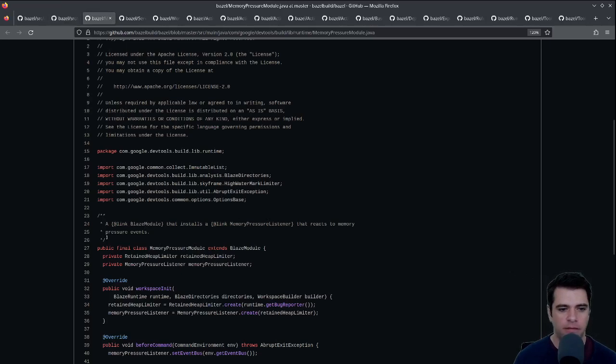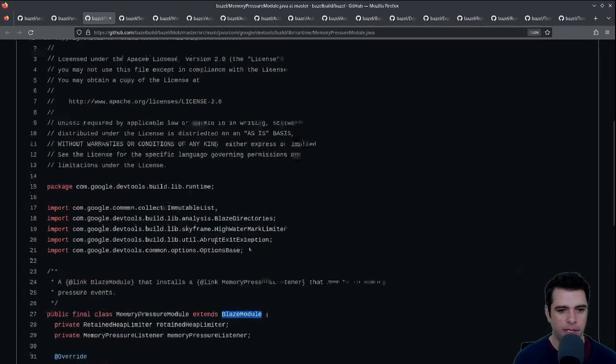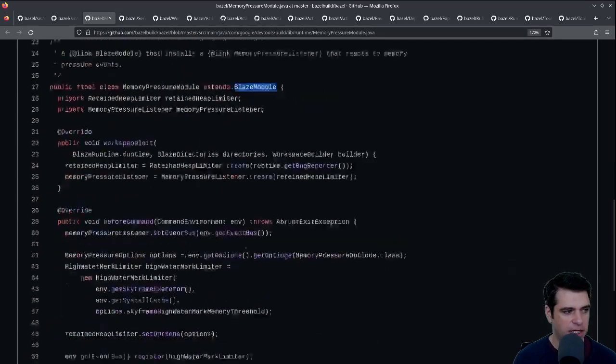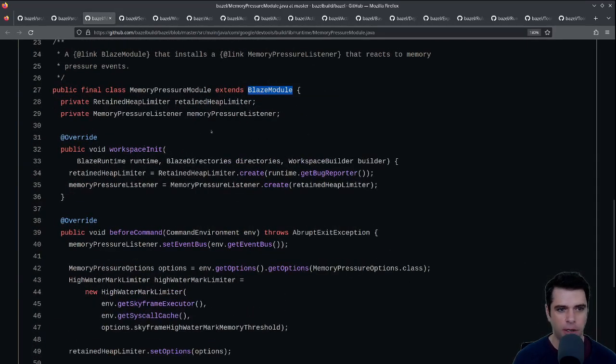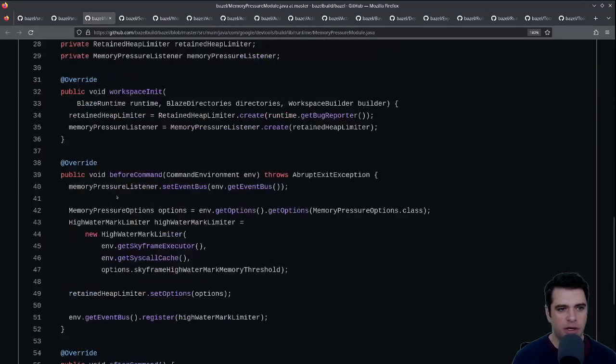So we have a public final class, a memory pressure module, and it's going to extend Blaze module, which is the file that we just looked at. Let me increase the font size for readability of the video. And it's going to override a bunch of these methods. In fact, all it's going to do is override methods. We have workspace init,